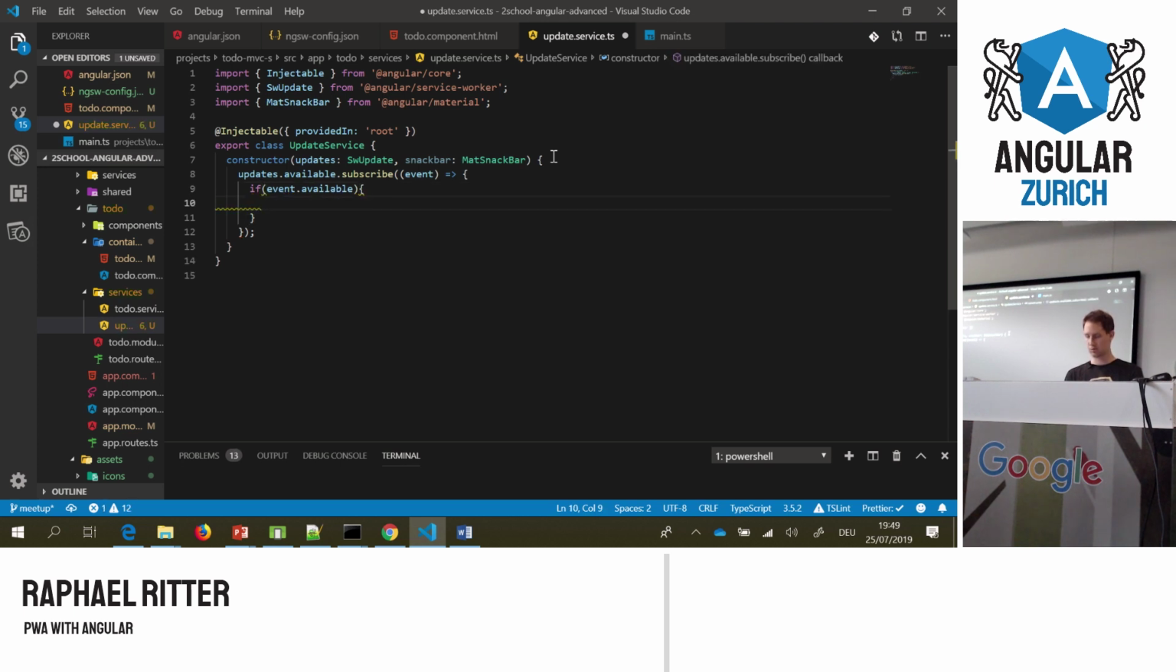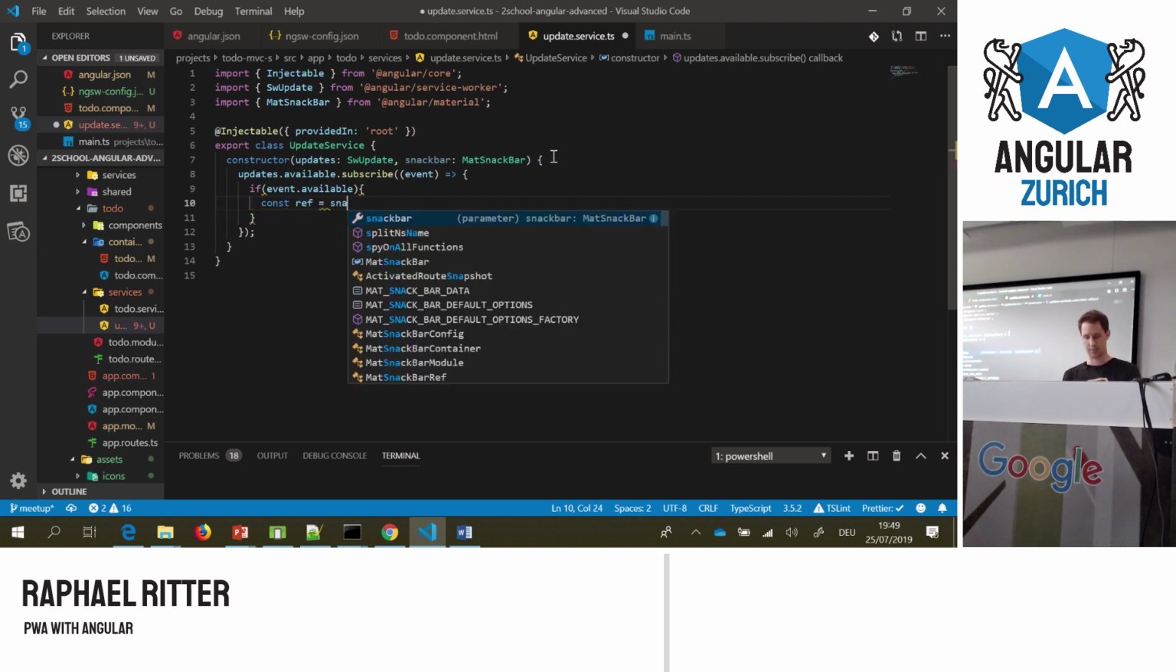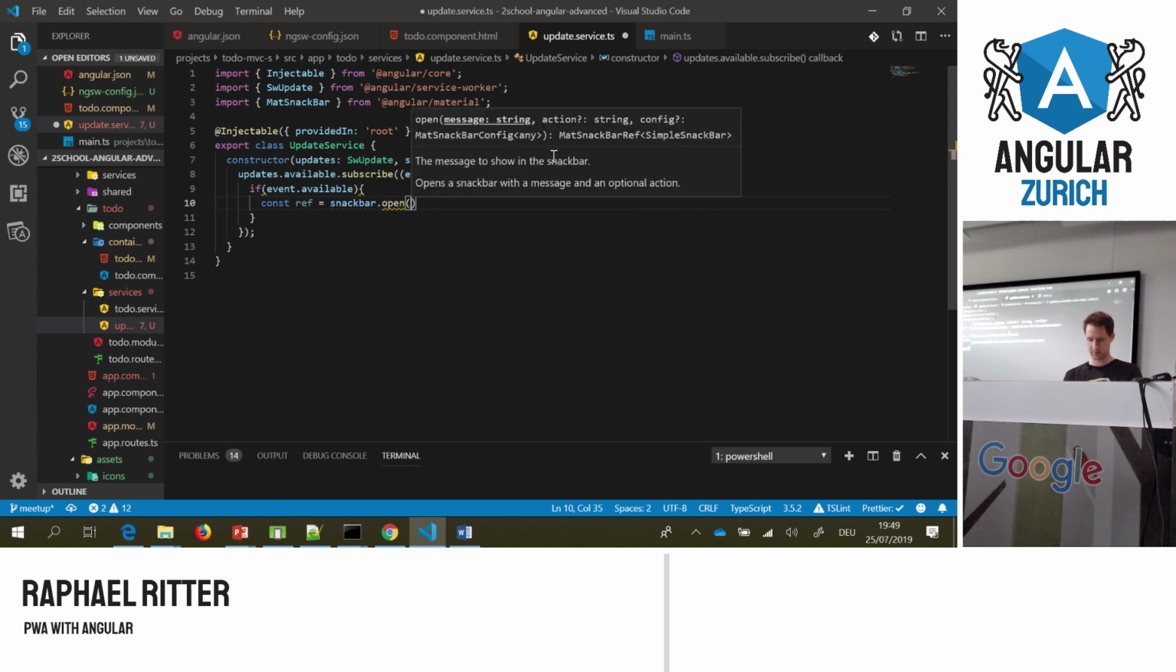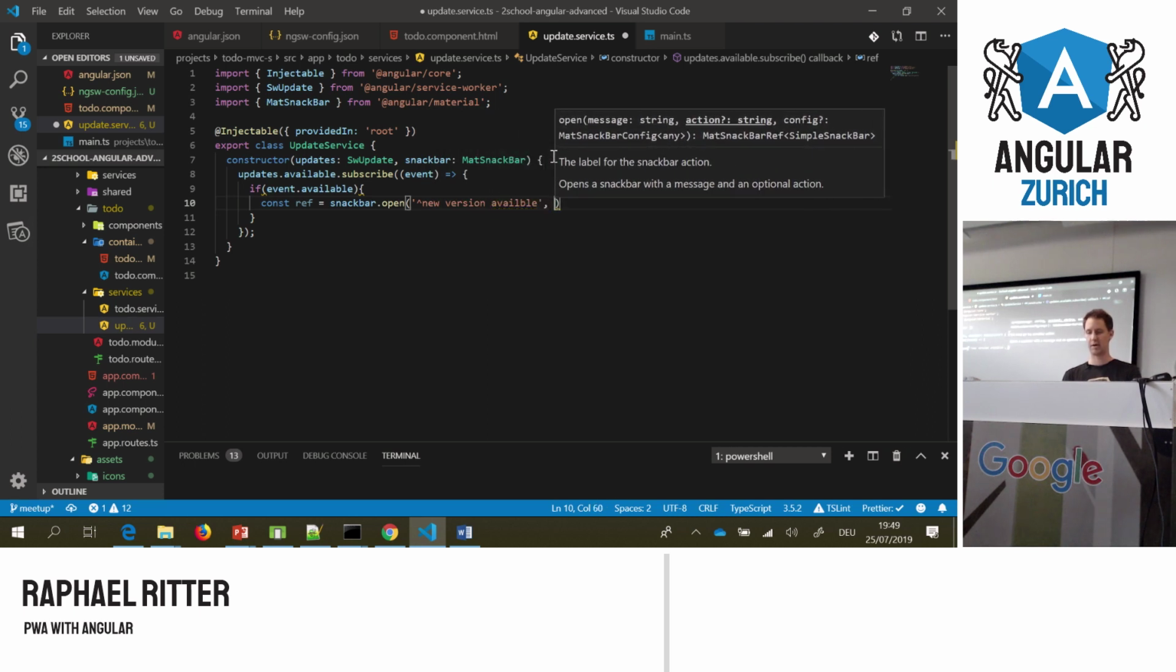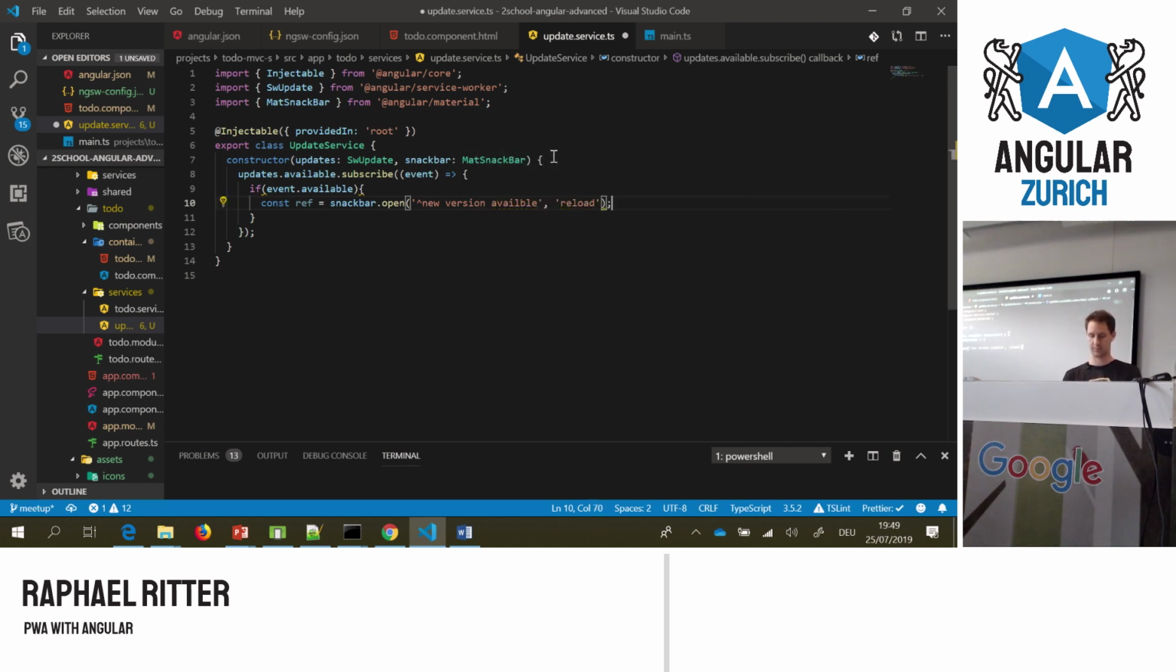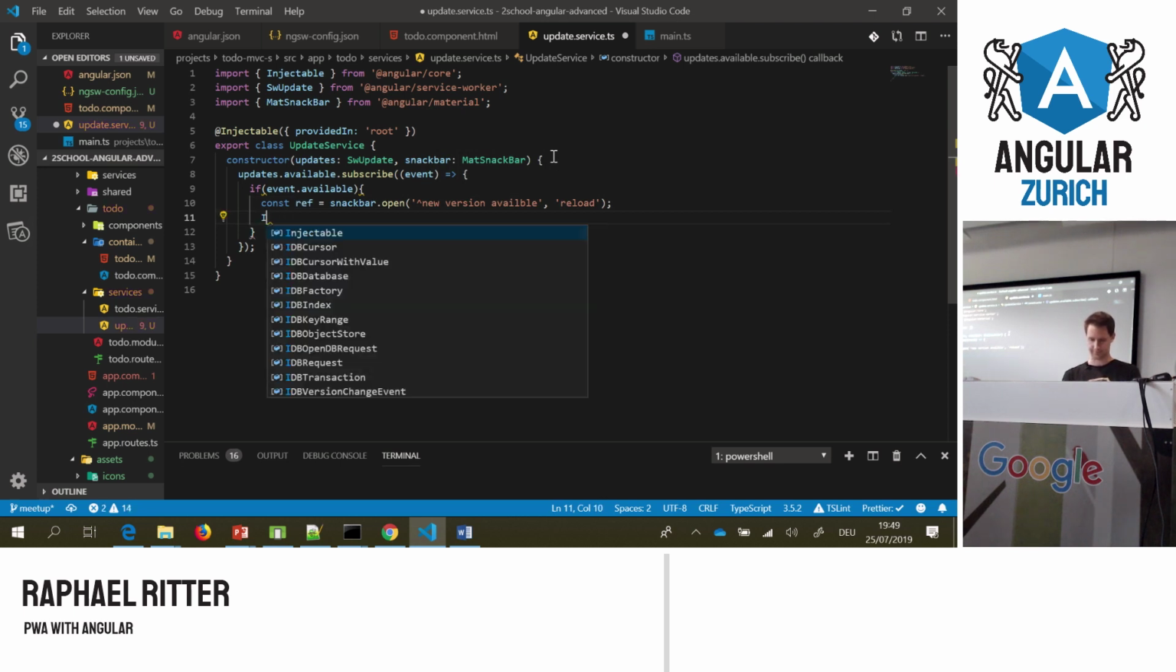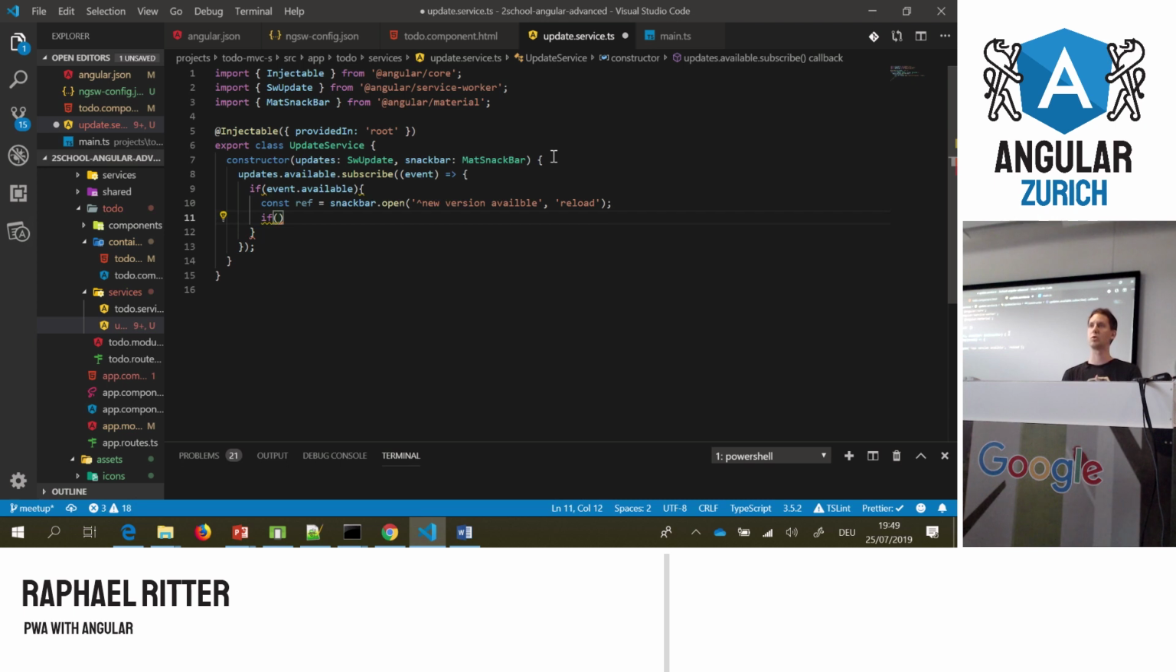we want to give the user the possibility of what he wants to do. For that, we open in the snack bar a new toast, saying snack bar open: "Oops, new version available," and we want to have a button there calling reload. And if the user clicks on the reload button, we obviously want to reload the page,